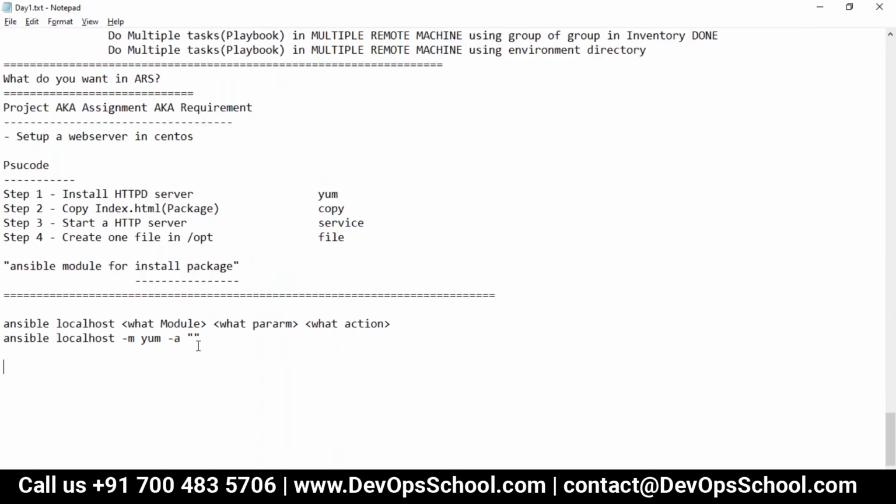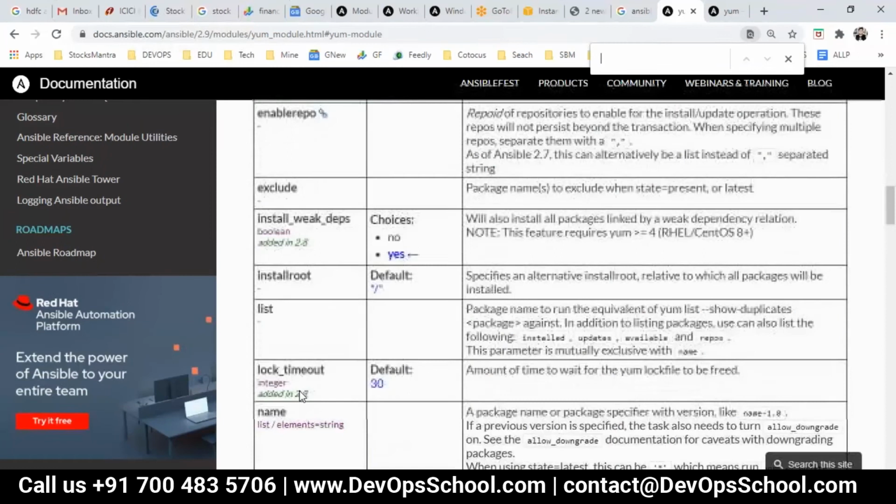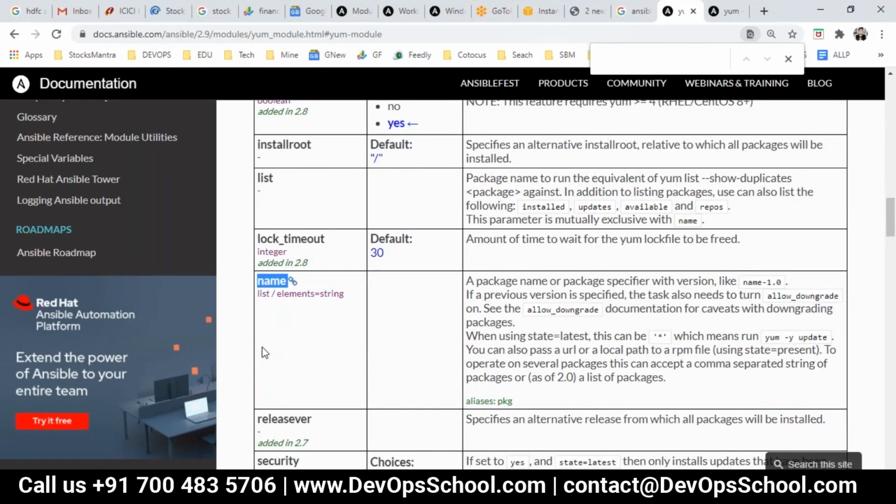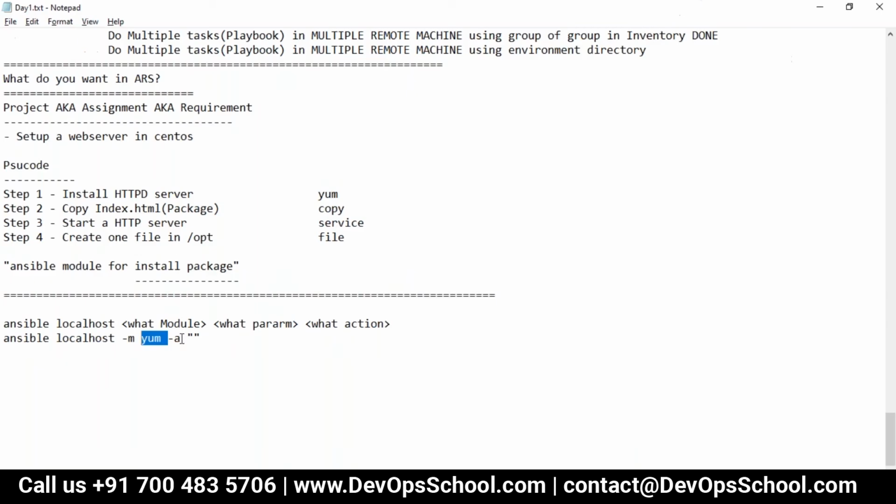So guys, I use the logic, YUM will install, but what? Some package. So the question is how to pass the package name. Here I got to know name. It's not required, but you have to select which package name. HTTPD. This HTTPD package name in Ubuntu is Apache 2, by the way. So mind it. When the package manager changes, the package name may also change. That is your experience with the product. So not everything will be done by Ansible. You have to also understand many things before doing it.